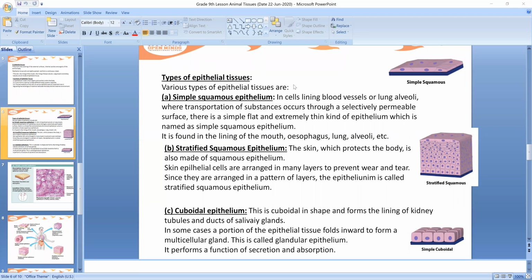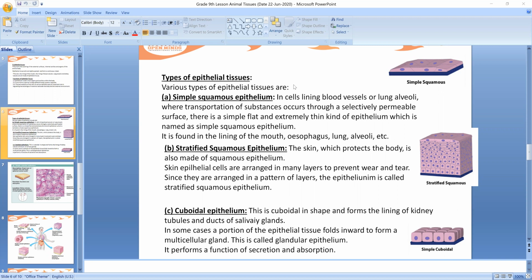So because of that, there are so many layers. Skin epithelial cells are arranged in many layers. If you see the skin, it is with many layers. If you can see this picture, since they are arranged in a pattern of layers,